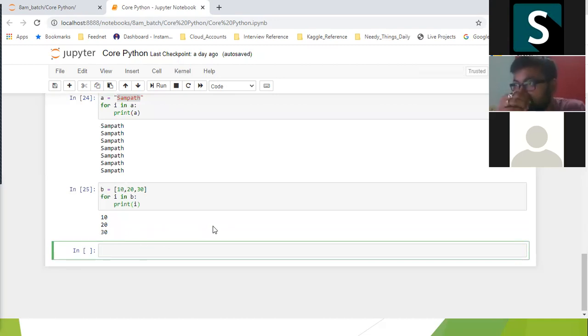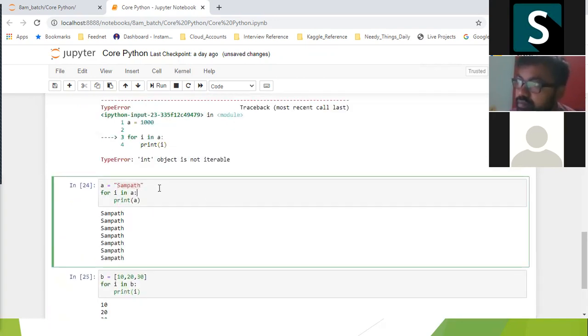One second. When you gave the value a equal to Sampath, you haven't mentioned i equal to 0. You didn't initialize, right? And you haven't mentioned i less than 7 or something. With which logic did it print 7 times? See, for loop, whichever i I said, we are not using a static programming language. We are using a dynamic programming language. It means we don't care about all the logic, we care about a few logics. My for loop in Python supports the len function.